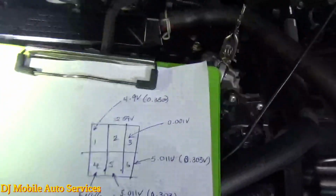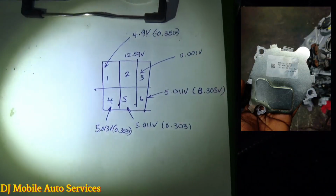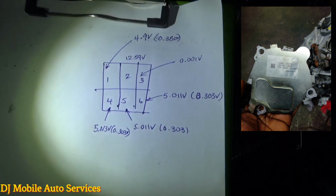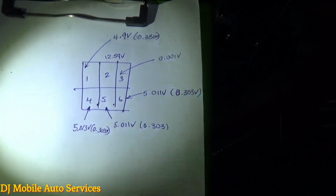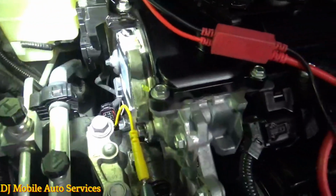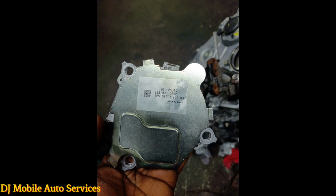Alright, so this unit right here is a 12 volt VVT motor, right? And what's going on is that when you remove the battery maintainer, you see the voltage drop all the way down to like 11 volts, 10.5 volts within some seconds. So the battery can't supply the 12 volts to power up these units, and it's throwing some codes for crank and cam and AC and all those things,